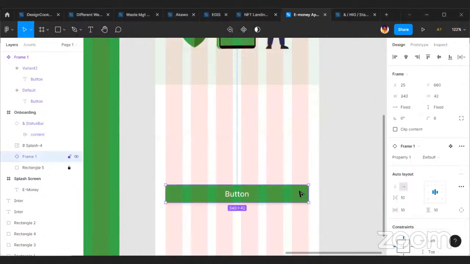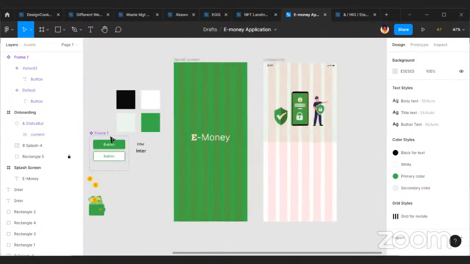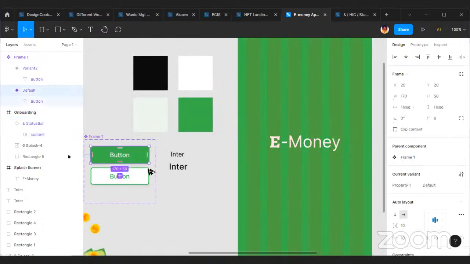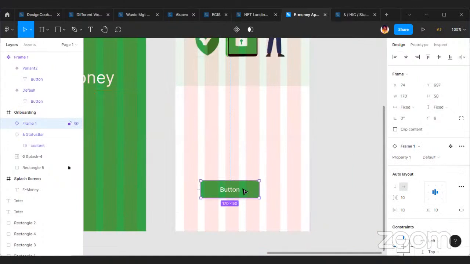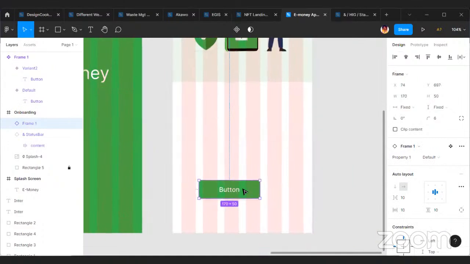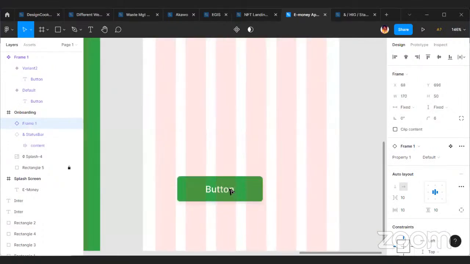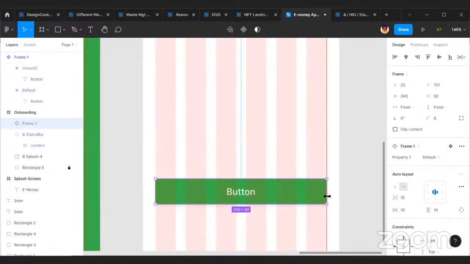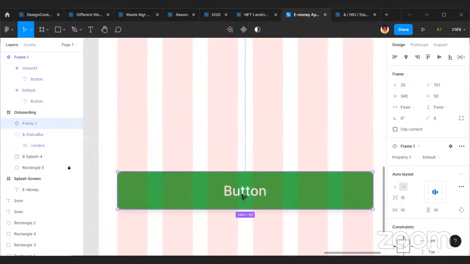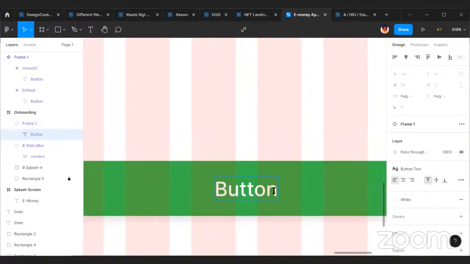So I'm going to delete this button and I'm going to duplicate this. So I'm going to place it here. So I'm going to draw it to this place. And I'm going to change this to